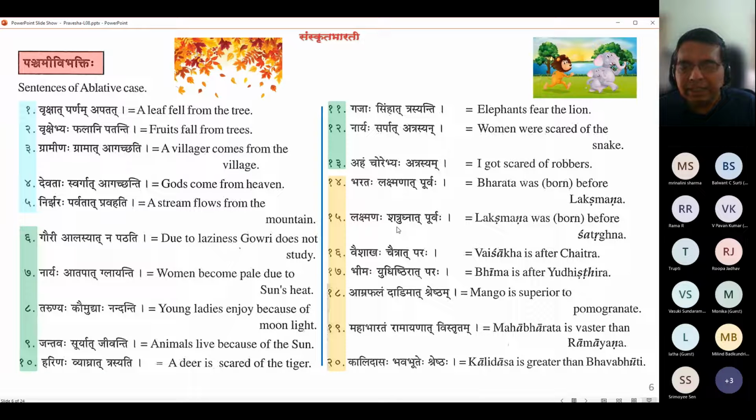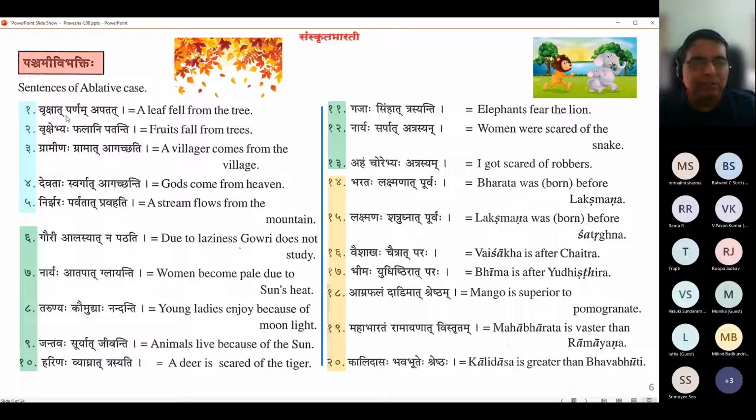So, the reference point of a comparison can indicate another as superior, inferior, bigger, smaller, broader, narrower, any number of things. It can be a positive comparison or a negative comparison. Sometimes neither positive nor negative, like Purva Para, which has no positive negativity associated with them. It's more about the lineage of time. But here, Shreshta, Vistruta, there's something about Shreshta being superior to the other. All right, so I think that is clear.